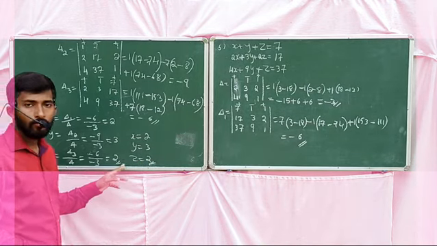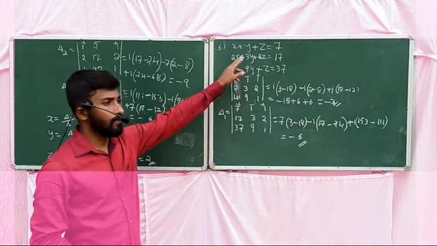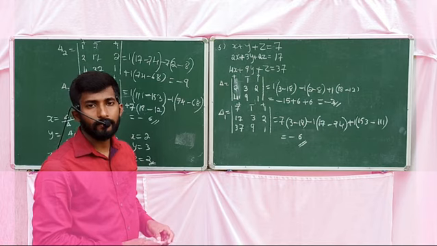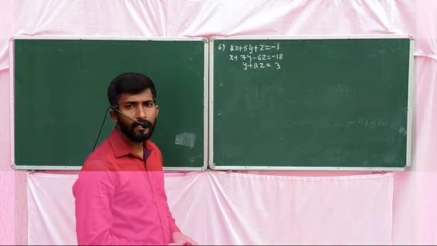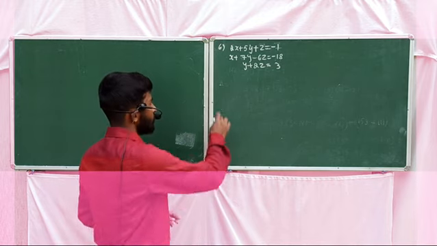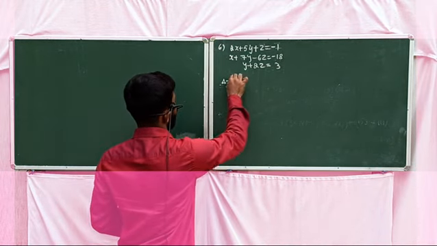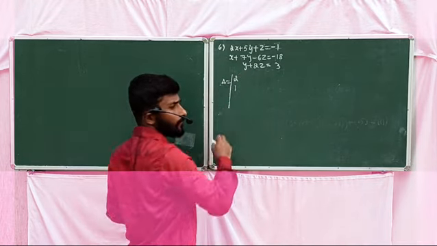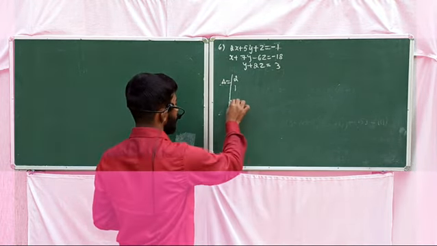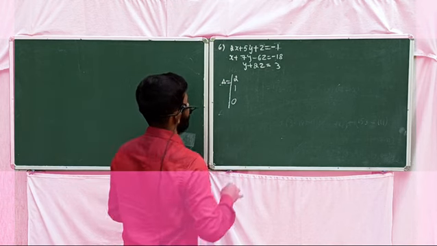These are the solution for the given system of linear equations. See the next problem. System of linear equations in 3 variables given. First, write delta value is equal to coefficients of x. Third linear equation, coefficient of x is not given. That means coefficient of x is equal to 0.